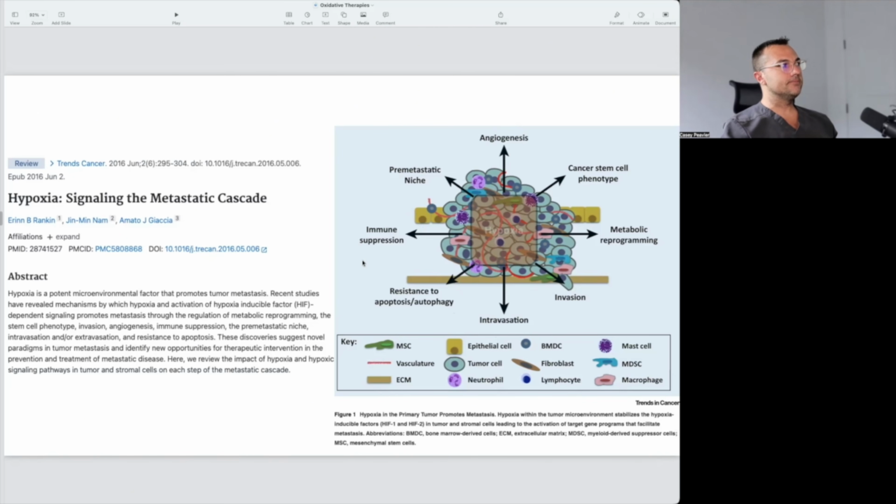So hypoxia, as hopefully I've outlined somewhat well in the last five videos, is a huge problem and a huge lever for us to potentially be able to pull, which is going to set us up nicely as we talk about oxidative therapies. And in the next videos, I'm going to be specifically talking about the employment of potentially normobaric and hyperbaric oxygen as a way to address this problem and add additional oxidative stress as kind of the final hammer